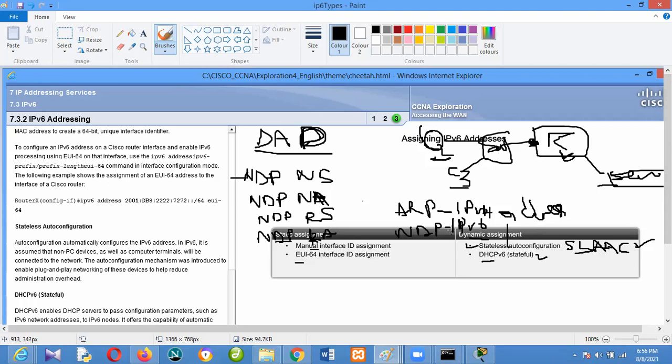Then when C2 has already gotten the IP address through SLAAC, it will try to be sure that nobody has the same IP address. It will now go through this concept of duplicate address detection.